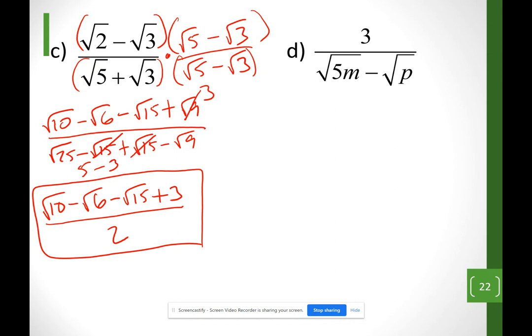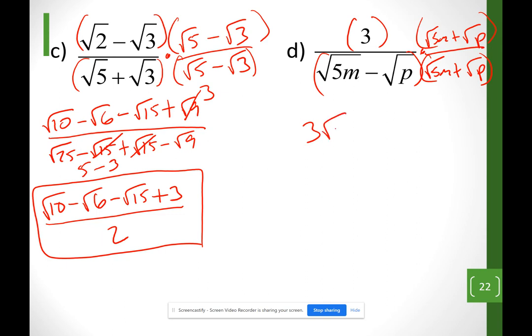Now looking at example D, I'm going to multiply top and bottom by radical 5m plus radical p. So radical 5m plus radical p. Notice the minus sign, I changed it to plus. So let me multiply the 3 on the top. So I have 3 radical 5m plus 3 radical p. Now looking at the bottom, that gives me